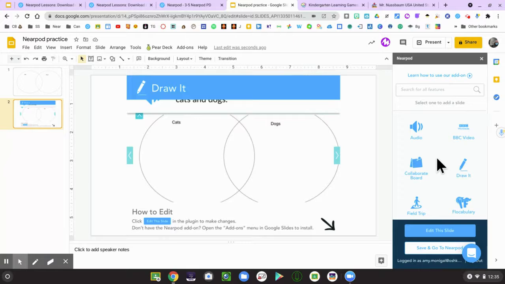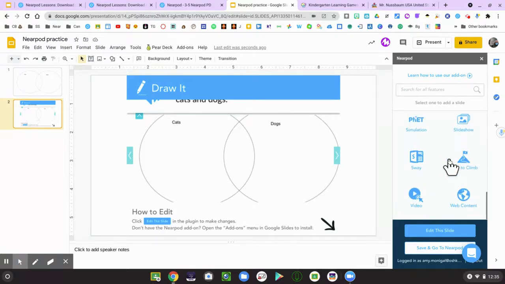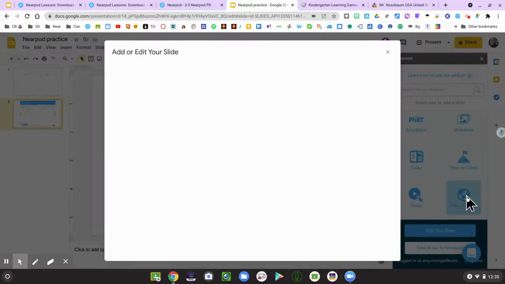The Draw It, like I mentioned, is probably the most versatile. I am not going to go through and show all of these features. The Nearpod help section of your account has videos galore on all these features. So I'm not going to go through each one, but the Draw It is one not to be missed. If I scroll down, I also love the web content, the ability to put your own web content right within a Nearpod. So I'm going to click that button